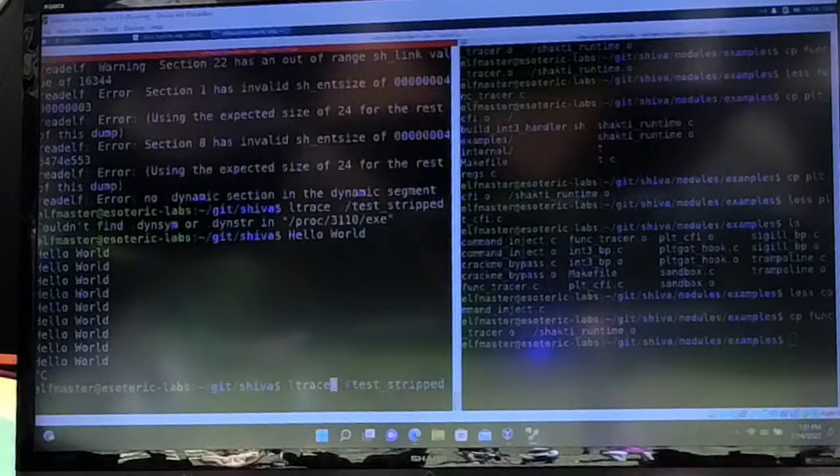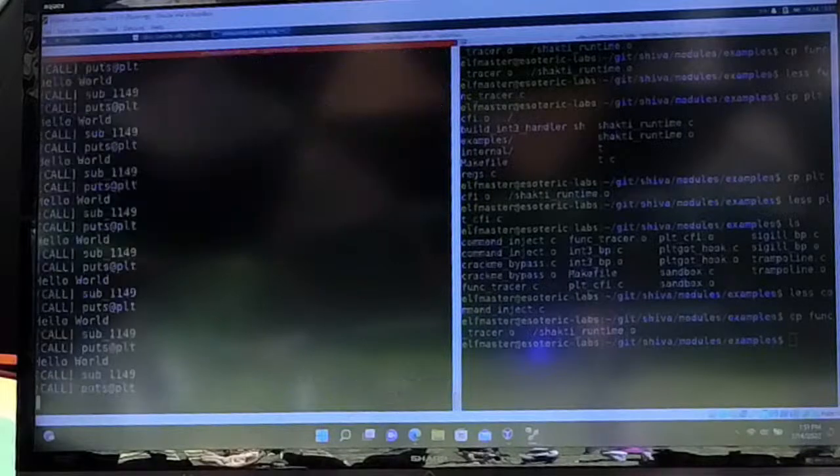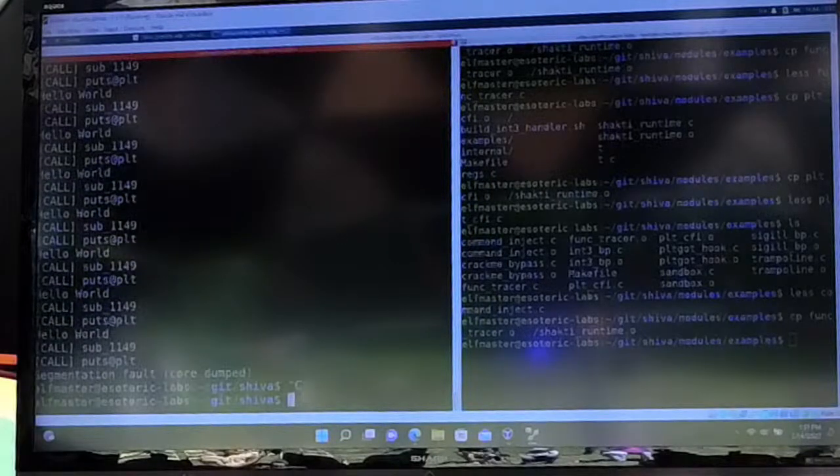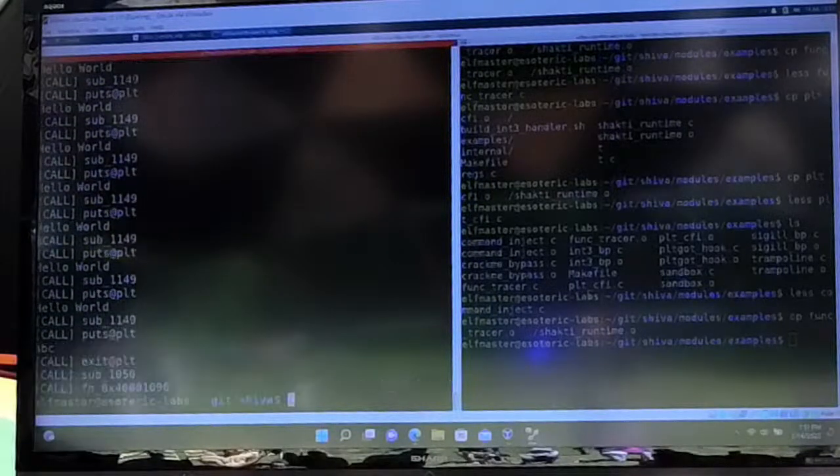Again, if you use Shiva, you'll get some stuff here. It's actually the target program crashing, not Shiva. But so